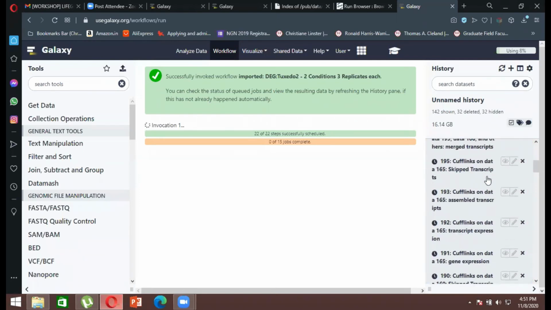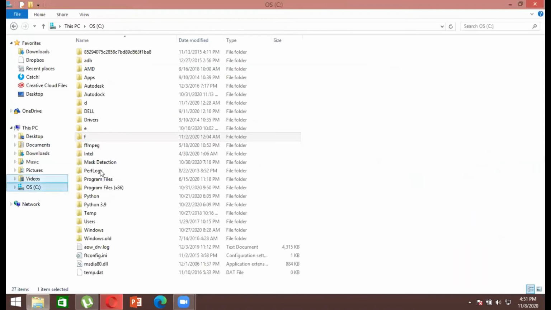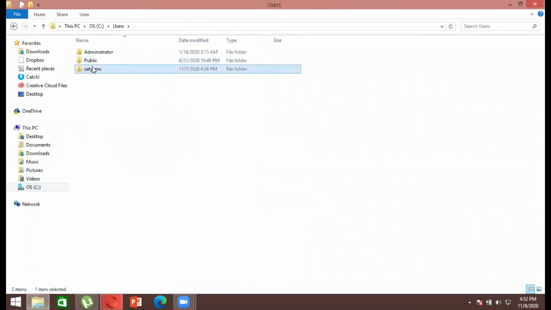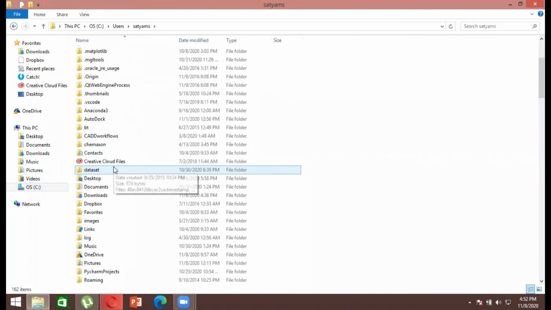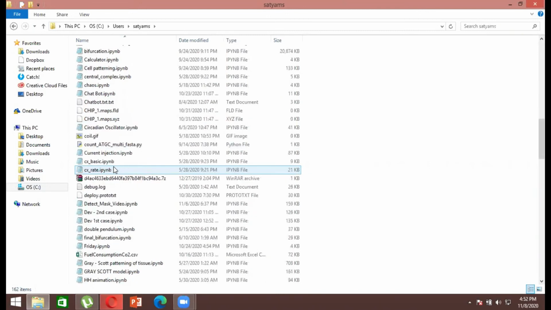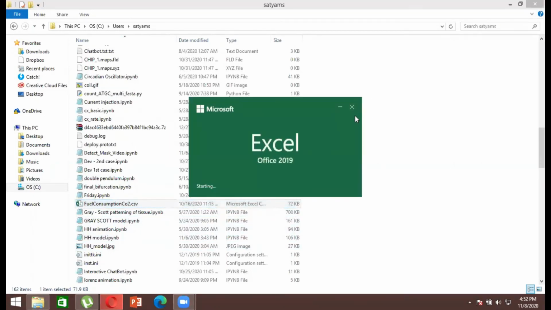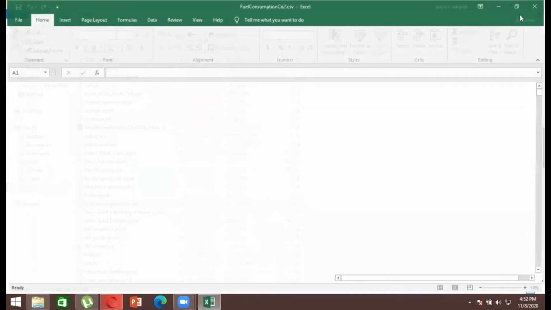In that data file, you will go over here, and a data file will be created. Once you click on it, there will be an Excel sheet. You can download that Excel sheet, and I can show you a very basic type of Excel sheet, how the final data set that we are working with might look. So let me show you the file over here. Obviously this is a different Excel file that I'm showing you, but it is in the same format. The format in which you will be getting the data is the same, right?